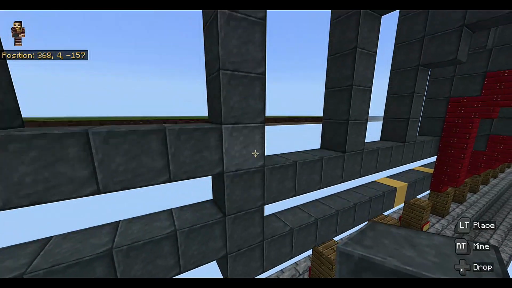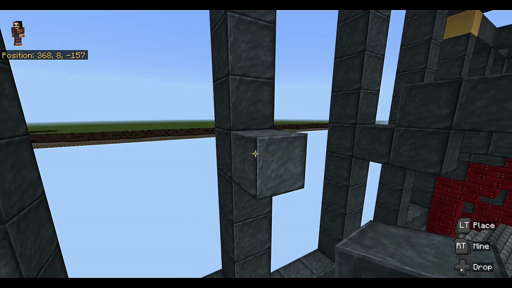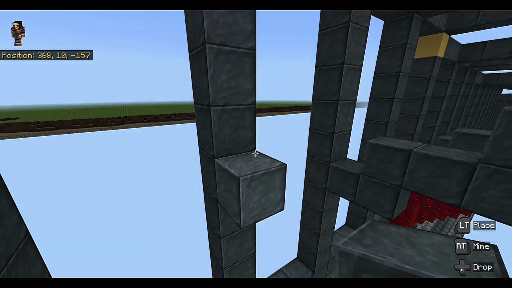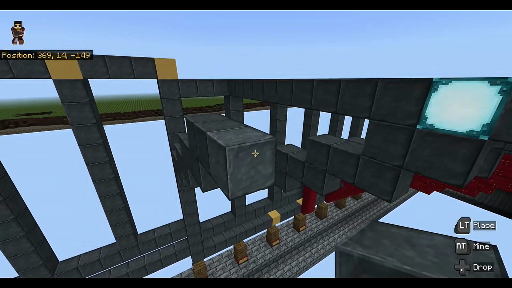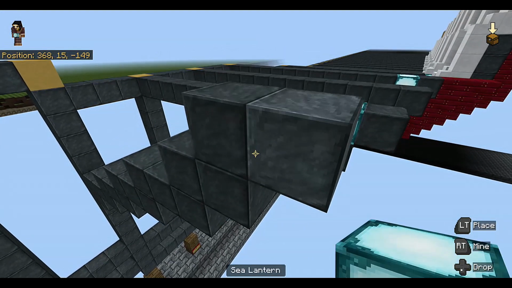So starting from the bottom is 1, 2, 3, 4, 5, and then it's 6. There we go, that's better. So you put a single there, then 4 lots of 3. So that's 1, 2, 3, 1, 2, 3, 1, 2, 3, 1, 2, 3, and 2 lots of 2. There you go. I remove the inner one